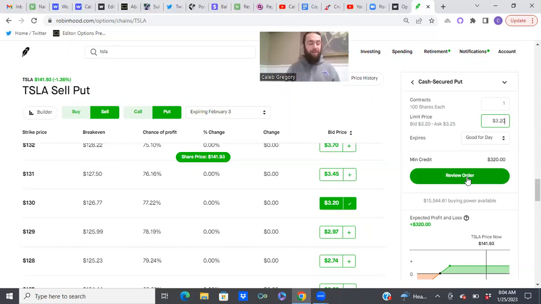So all great things. The only thing to note is that to every credit, there's a debit, just like in basic accounting. So that $320 is going to be in your account, the cash, but there's going to be a negative number entered into there. So a minus 320 that represents this contract. So this contract will be represented by a negative number until it goes away on February 3rd. So on February 3rd, when it disappears, then the full scope of the $320 you collected will be revealed in